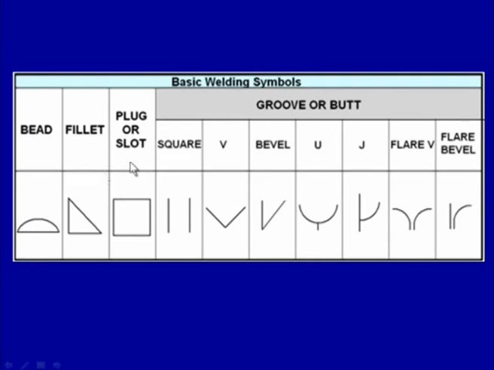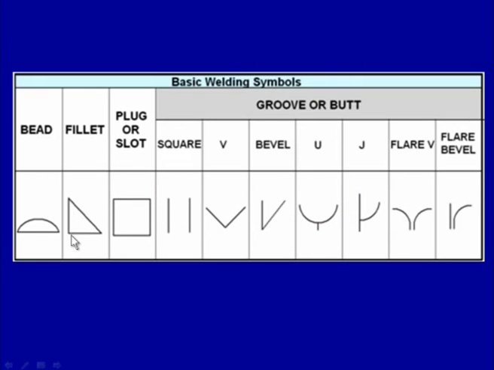These are three types of weld. If a weld bead is to be made, then a symbol of this kind is made. This weld bead is mainly used for hard facing, surfacing, reclamation and cladding purposes, while the fillet weld is required for a variety of weld joints. So, the right angle triangle symbol is used for showing the fillet weld, and the circular or the square shape symbol is used for plug welds or slot welds, and then the type of groove